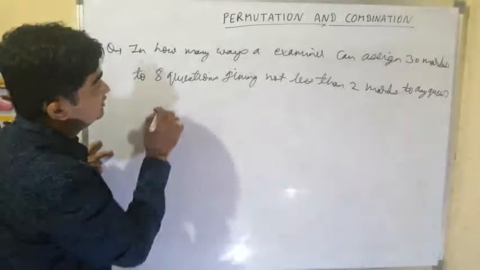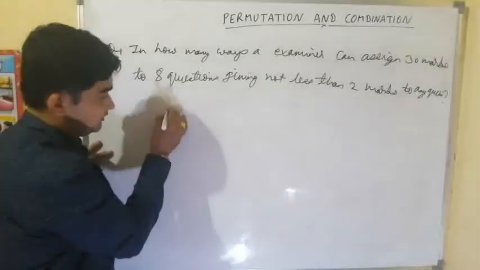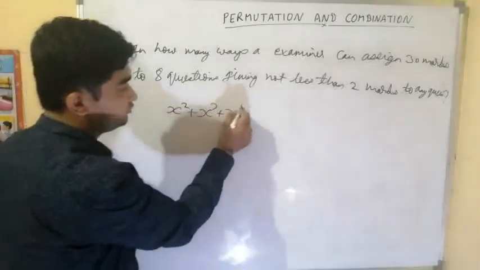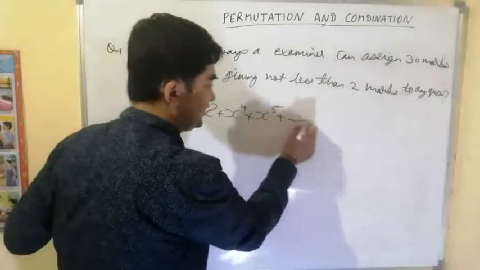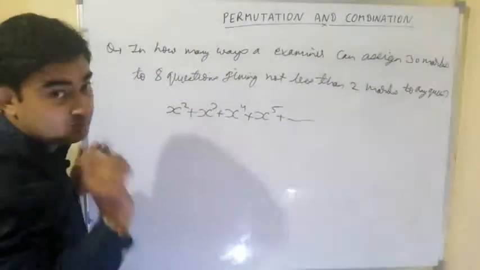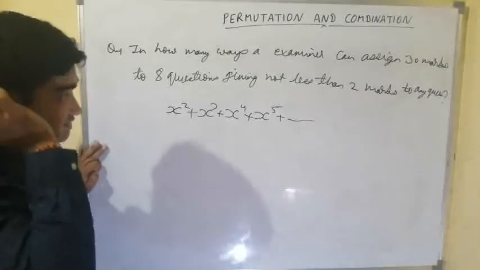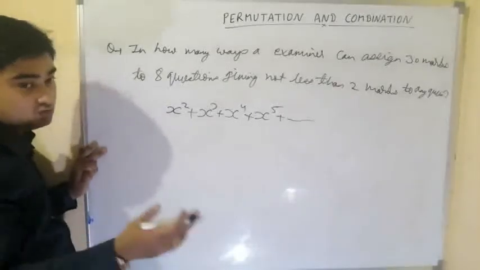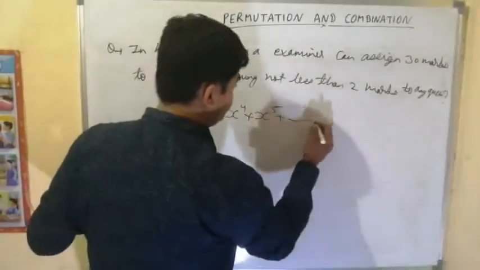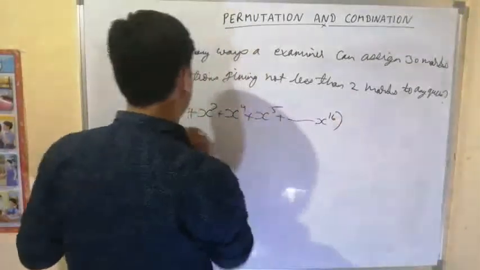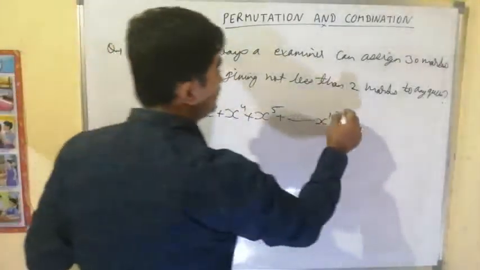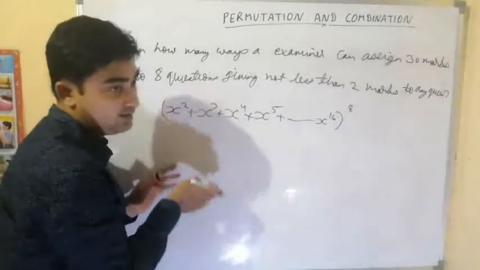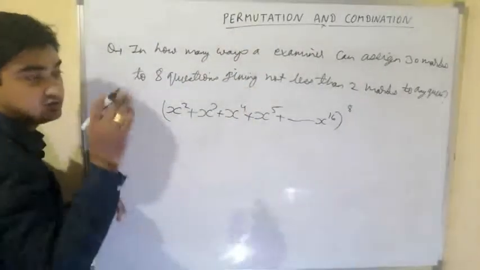Take question number 1. Question number 1 can be given either 2 marks or 3 marks or 4 marks or 5 marks, like this, up to x power 16. Not more than x power 16, because otherwise for all other problems we cannot give 2 marks each, right? Maximum x power 16. How many problems? 8 problems. First problem, this possibility, multiplied by the second bracket, third bracket, so 8 brackets, so power 8.